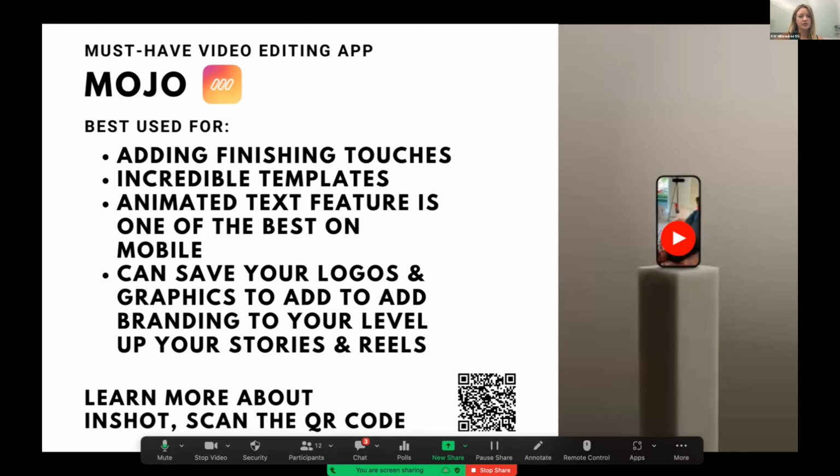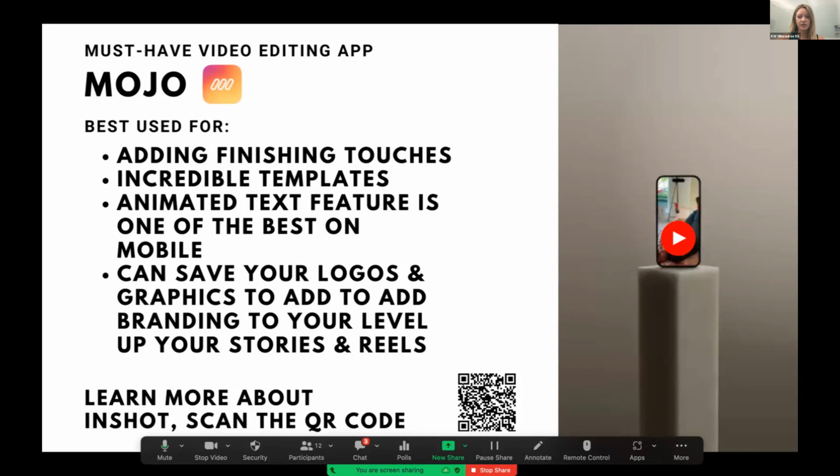You can also upload your logos and other graphics to utilize your branding and keep things consistent across your stories and reels. So you can upload all of those things pertaining to your brand so that everything stays consistent for the videos you're adding to social media.